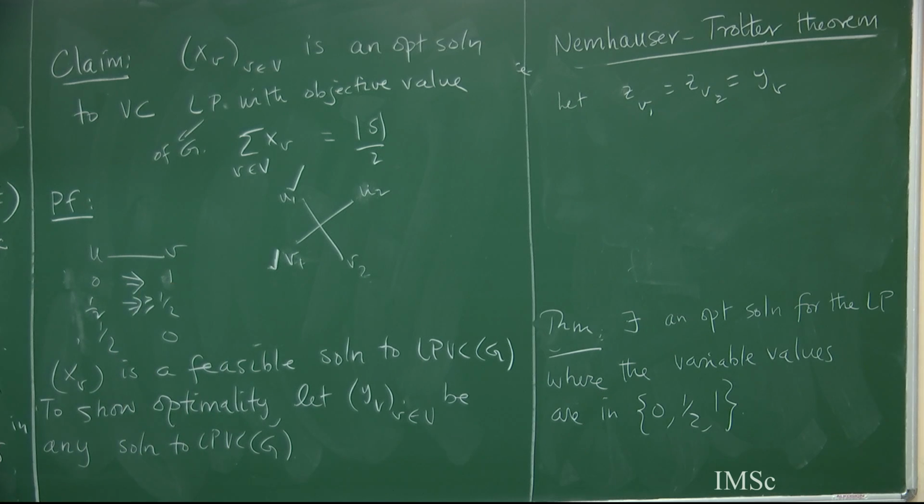That should be obvious, right? Because for each of these edges the value is at least 1. If you look at the vertex cover LP for this, the edges are this, but this is basically XU, this is XV, and this sum is at least 1. That's how you got the XU values. So then